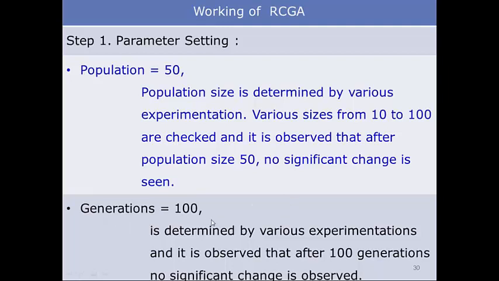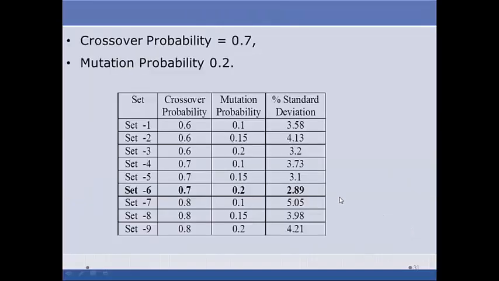So how was this 100 derived? The generations were tried from 50, 80, 100, 200, 500, like this. But after running for different generations, I came to know that after 100 generations, there was no significant change in the solution. So it was not fruitful to run the algorithm again and again after 100 generations. So it was decided by me. These criteria can be determined as per our discretion.